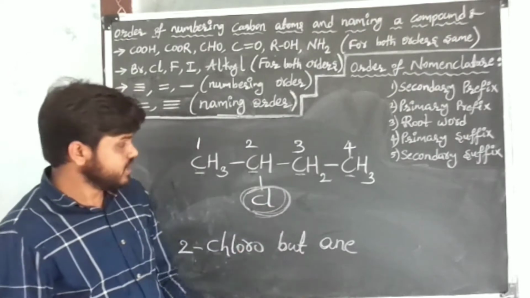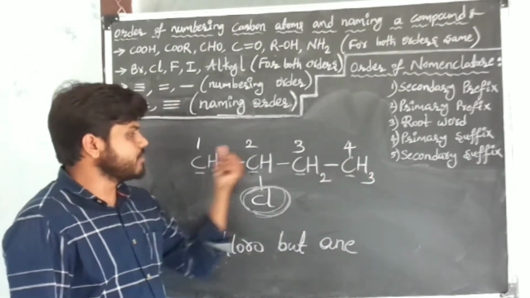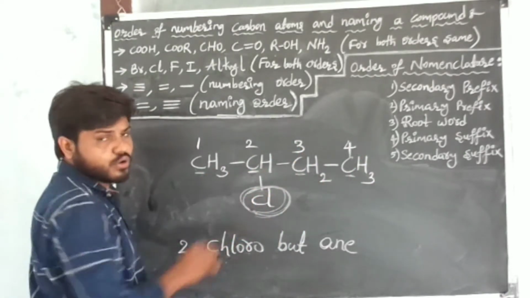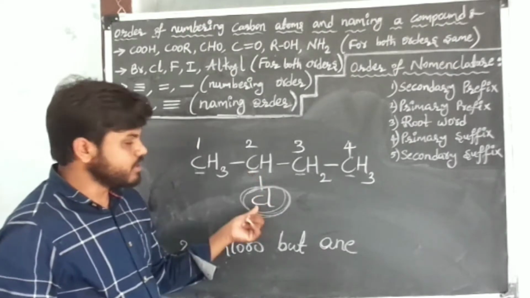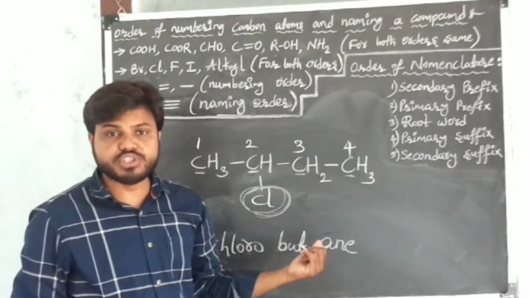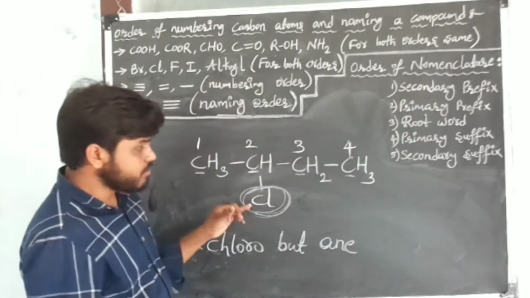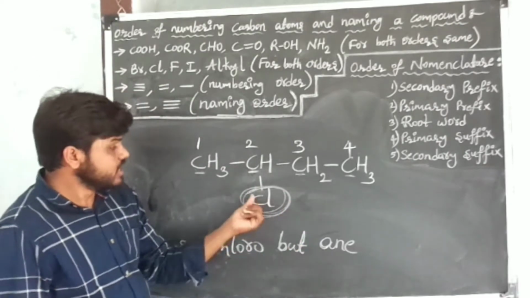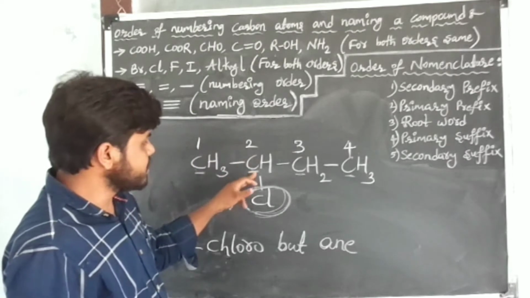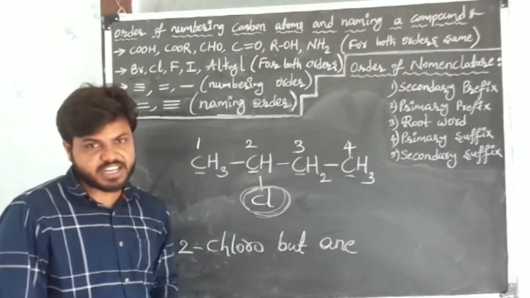I am repeating. This is the given carbon compound. This is the principal chain. On this carbon, there is one chlorine, which belongs to the second prefix because it is a halogen. First give the numbers to each carbon atom in such a way that chlorine gets the least number. That's why I started from the left side: first carbon, second carbon, third carbon, fourth carbon. See, chlorine gets the second position, which is the least number.